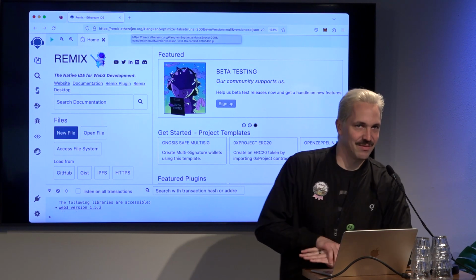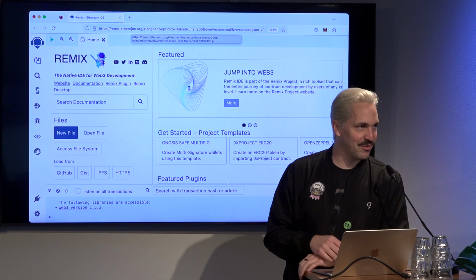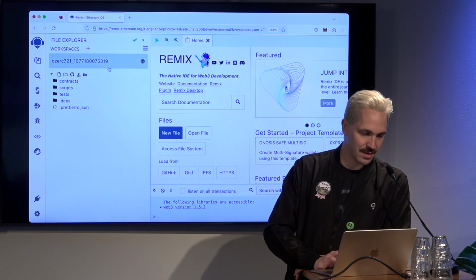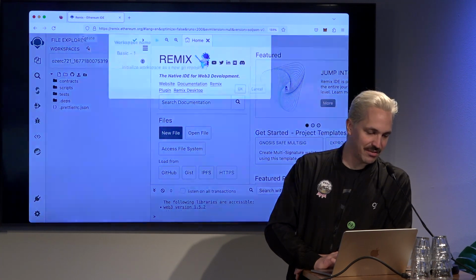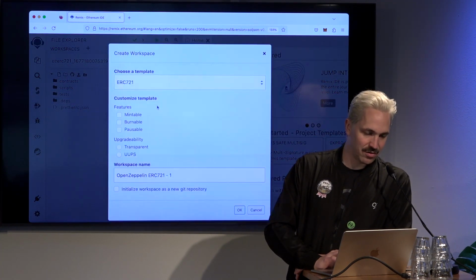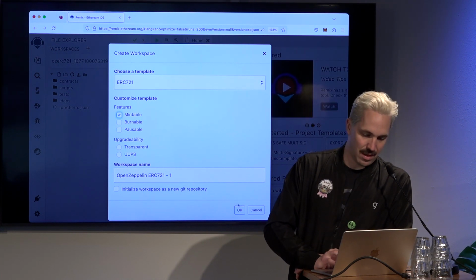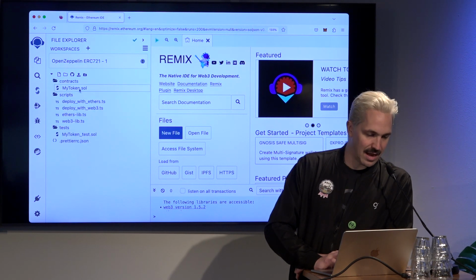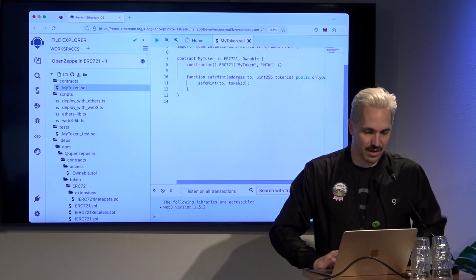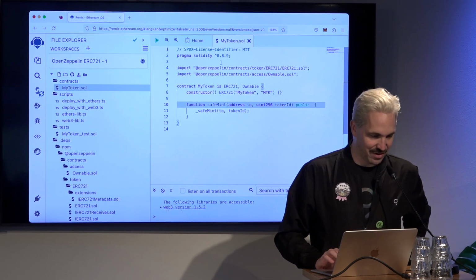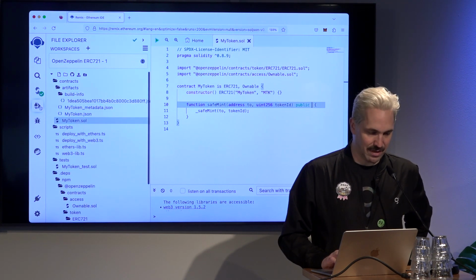So the thing is, when we develop some smart contracts, and we can do that together, it's hard to get the data out, especially at the hackathon. So at the hackathon, you probably at some point have a contract. So let's take ERC 721, and make it mintable. Now I have a token here, and I want to publish that token. Maybe we can make it so everybody can mint, that's more fun. And then we can simply deploy that token